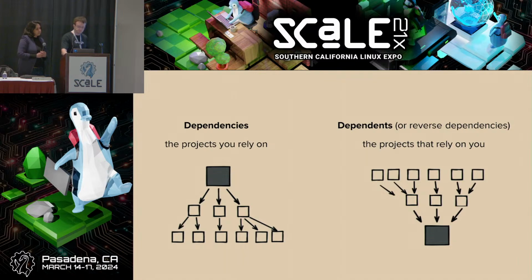So, let's talk about dependencies, just to get everyone on the same page. These are packages that you add to your project to provide some sort of functionality, right? That's running pip install numpy on Python, npm react for JavaScript, go get gin for Go, etc. So the projects that you rely on are your dependencies, and projects that rely on you are your dependents, also known as reverse dependencies. When you release your project as a package that others can install, all your dependencies also go along for the ride.